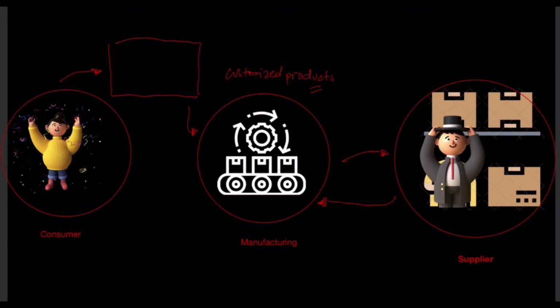Now, they pay their vendors upfront because these suppliers promise them a discount of around 10%, which means they can save on the cost of goods. From the day that they paid the supplier and the day that they receive the goods and then process them, they need at least 10 to 15 days lead time to produce the customized products. After they have customized these products, they then deliver them to the consumers.